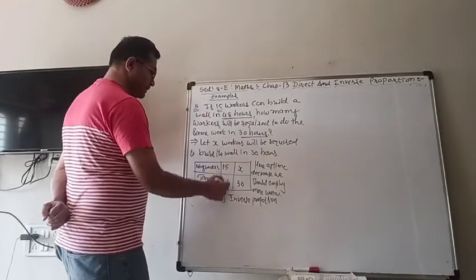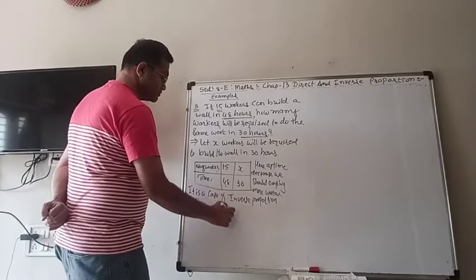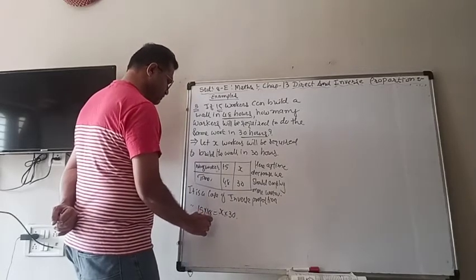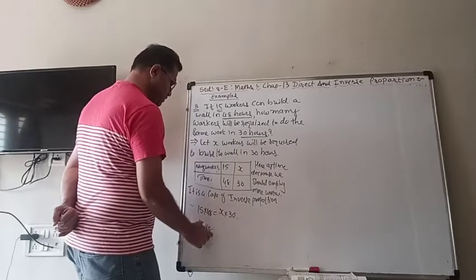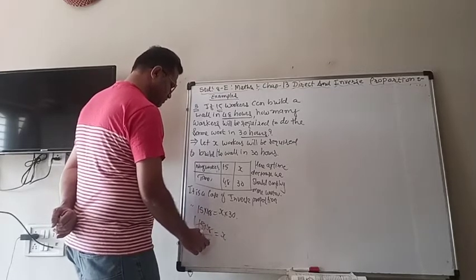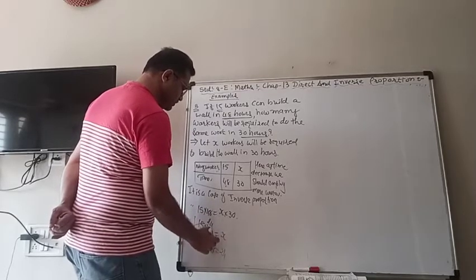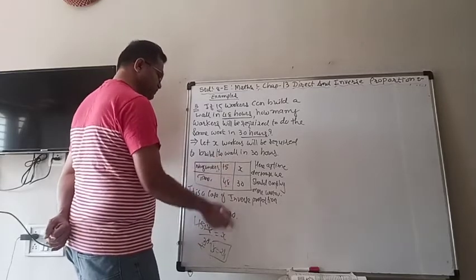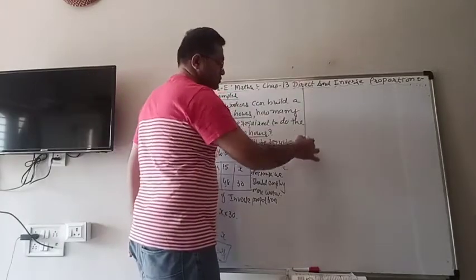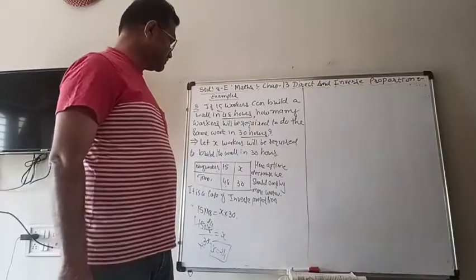So we multiply them. 15 multiplied by 48 is x multiplied by 30. So 15 multiplied by 48 divided by 30 is equal to x. 15 2s are 30. So we need how many? In place of 15 workers, we should have 24 workers, so we can complete our work in 30 hours.